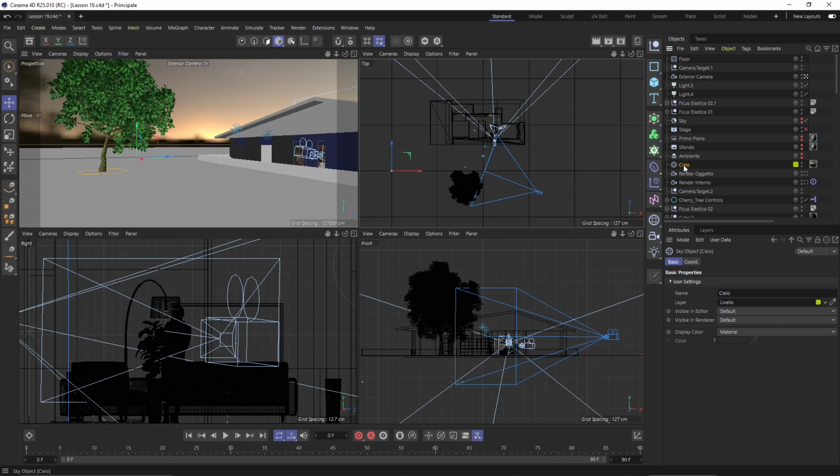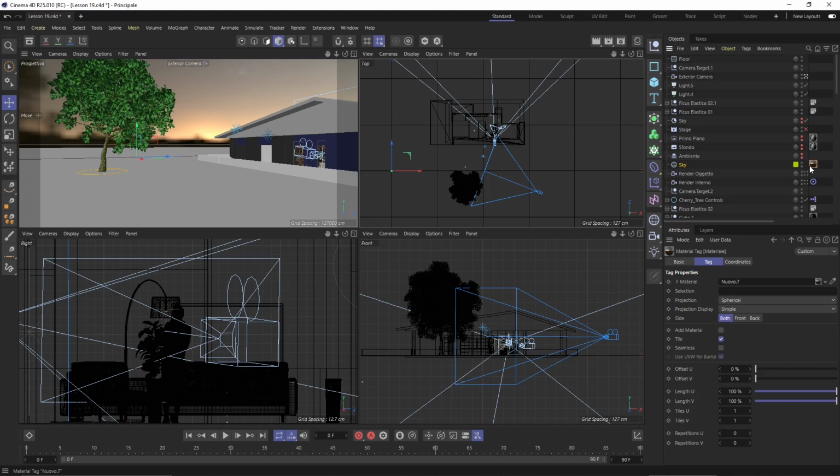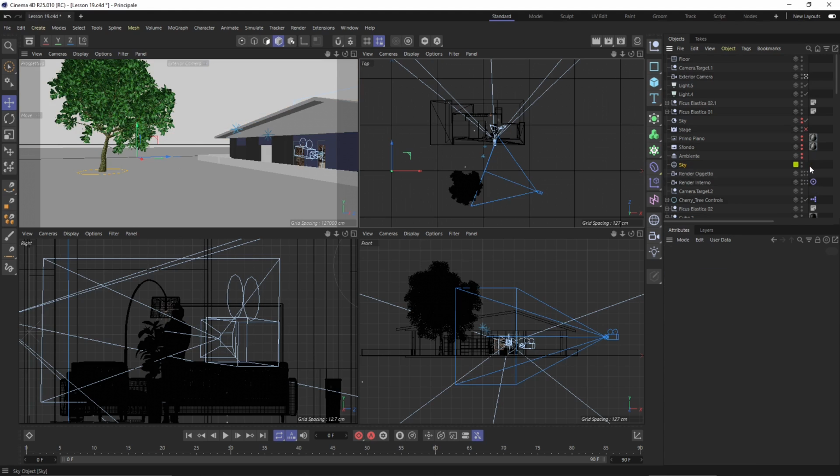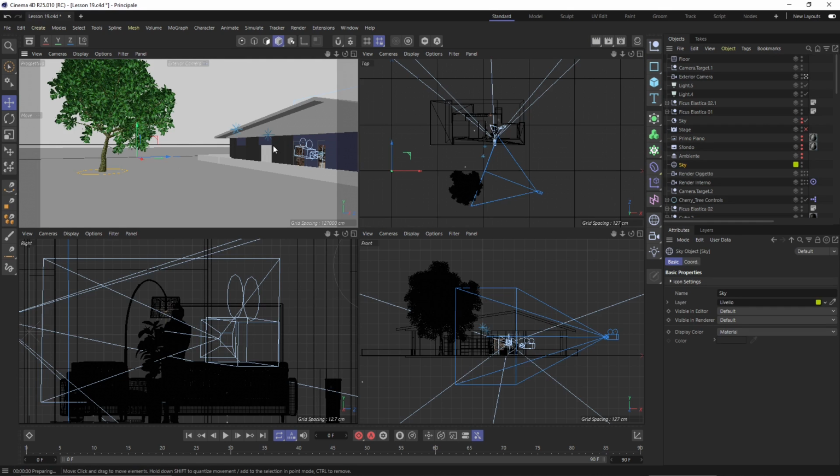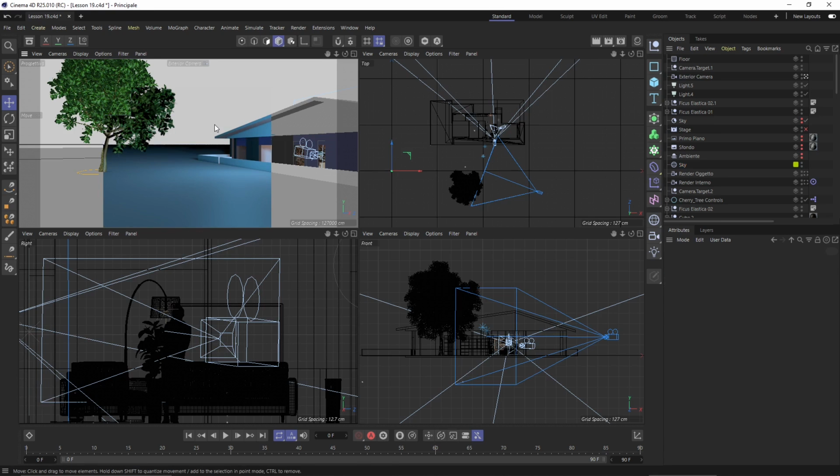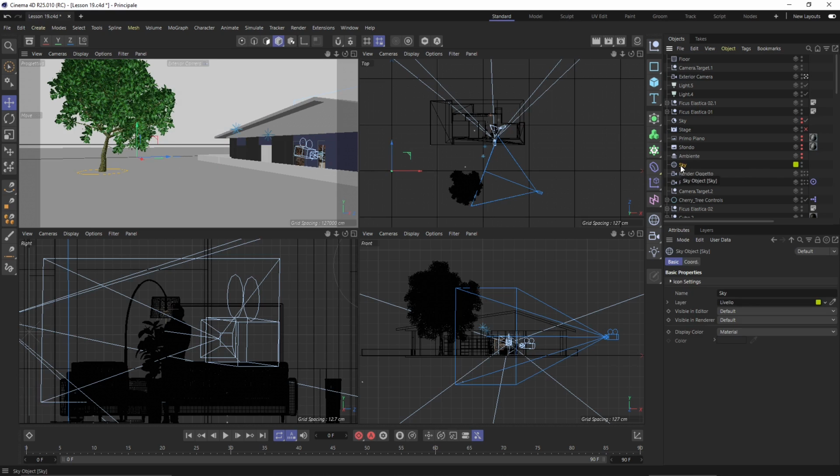Now this one here is the sky. When you create a sky, it's gonna be totally white. You won't have this material sphere right here. So it's gonna be like this, and it's totally blank. So if you do a render, it's gonna be like being in a room, inside a completely white sphere.